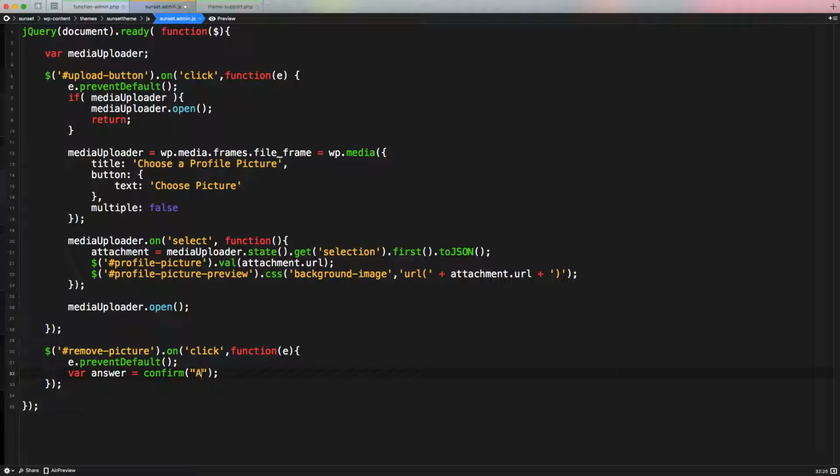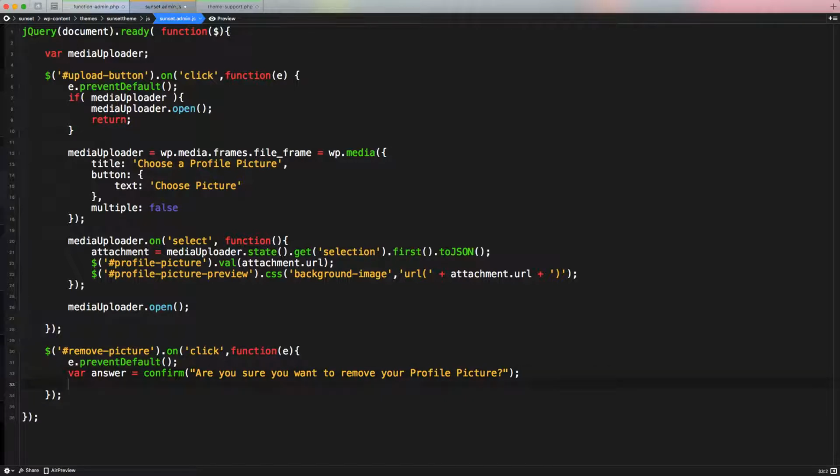So here, are you sure you want to delete your profile picture? Question mark, and maybe instead of delete, like remove, because we're not actually deleting the picture,